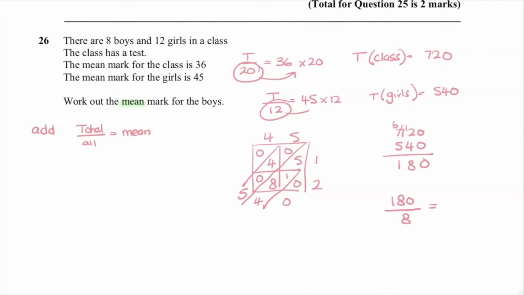Now I'm going to use my bus shelter to help me here. Now, when I get to that point where I'm putting a remainder and it's not really attaching itself to anything, that's when I know to add my 0 and add my point. And then 8s into 40 go 5. So the mean mark for the boys is